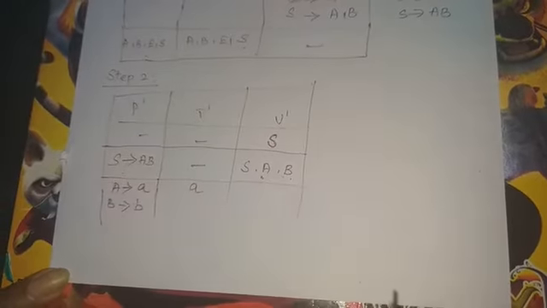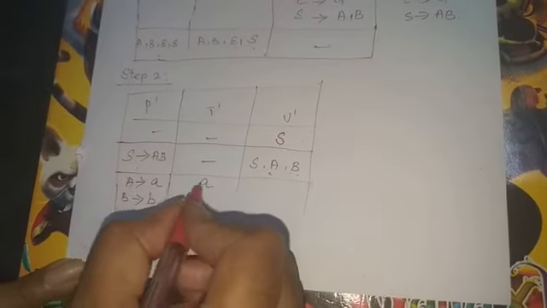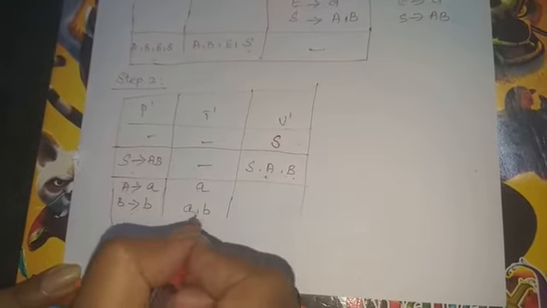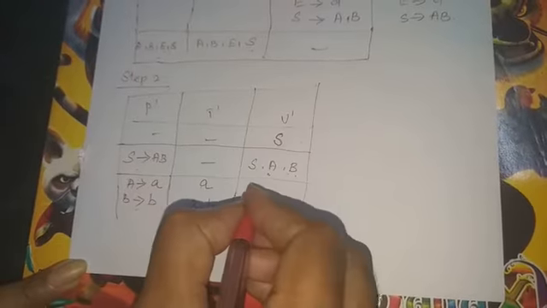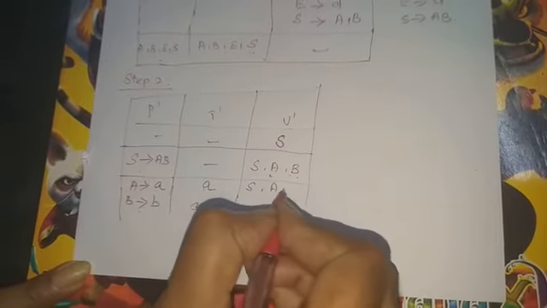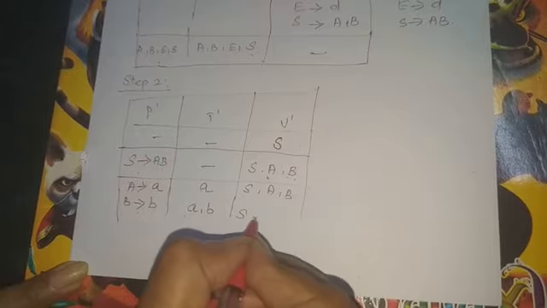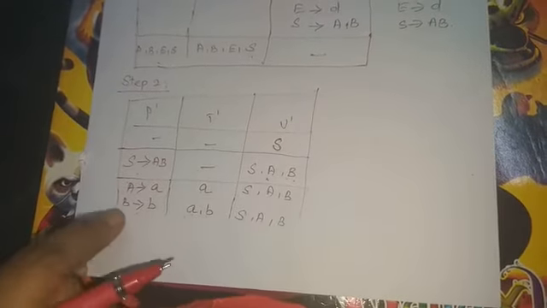Okay. So now in this production, you have to identify the terminal. Which one is the terminal? A in this. Already A is there, no? So A, comma B. Okay, in the second step it will come as A comma B. So in this already S is there, A is there and B is there. I am not finding any new symbol. Okay, only A, B is repeating. I am not finding any new non-terminal. So I am writing the same.